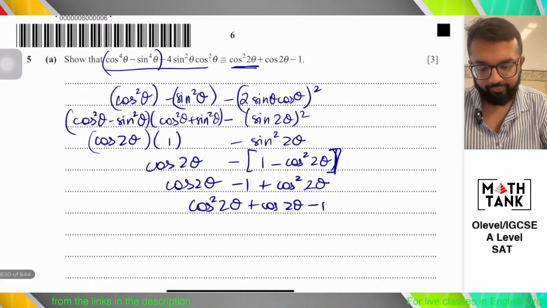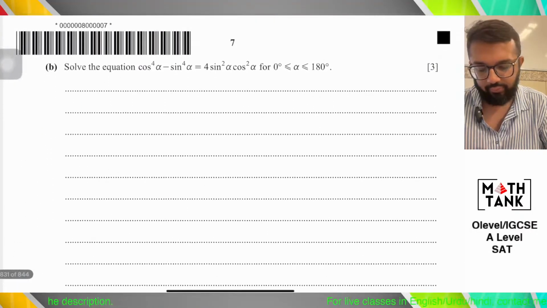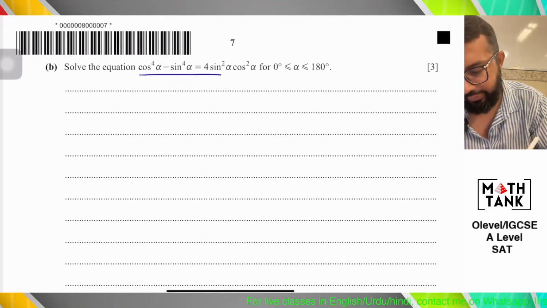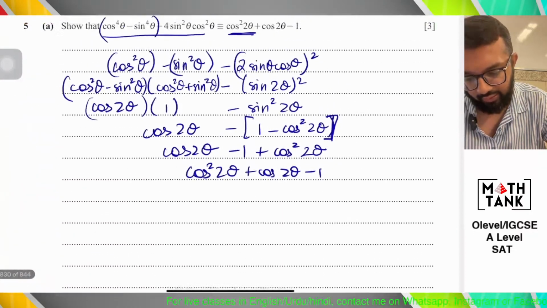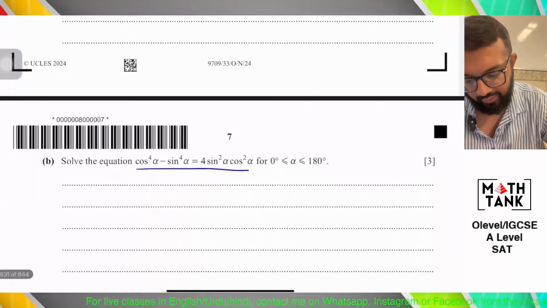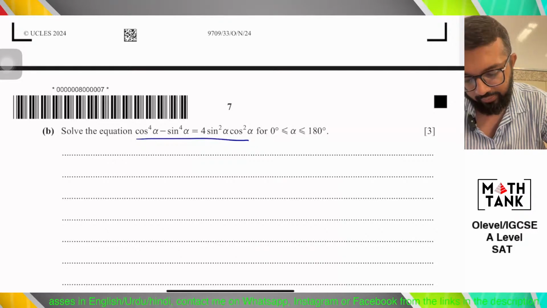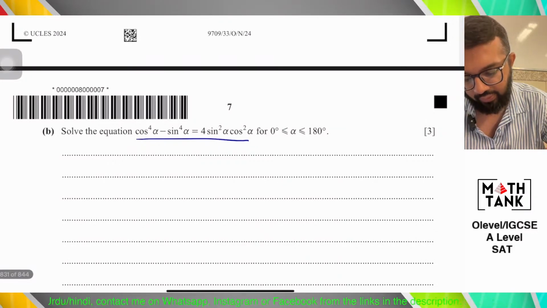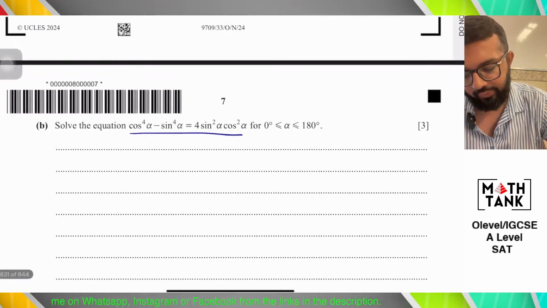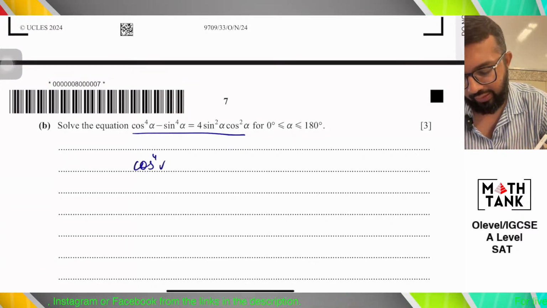Okay, so that's the equation. We've just put alpha instead of theta. That's the only thing that's changed. Equals 4 sine square theta. Solve the equation. Okay, so if I bring this to the left hand side,